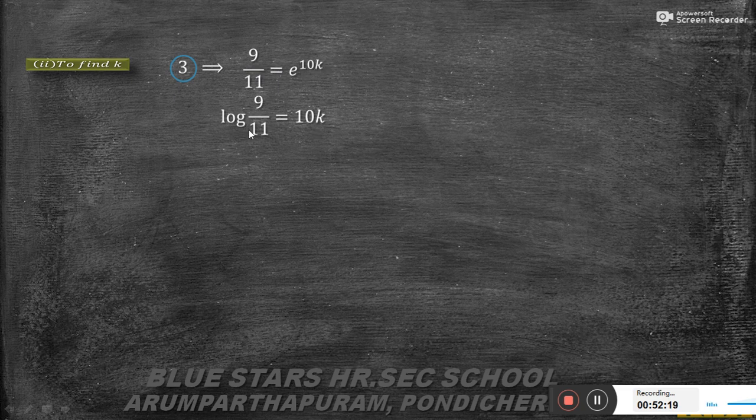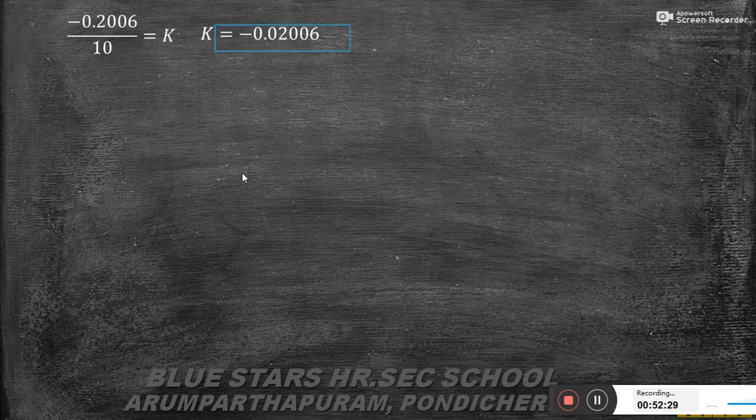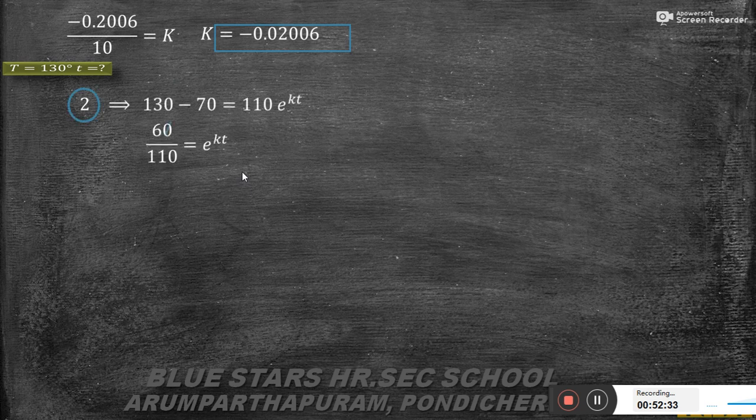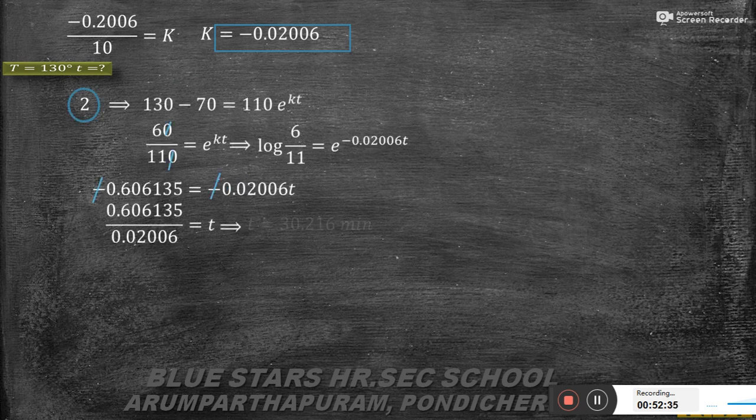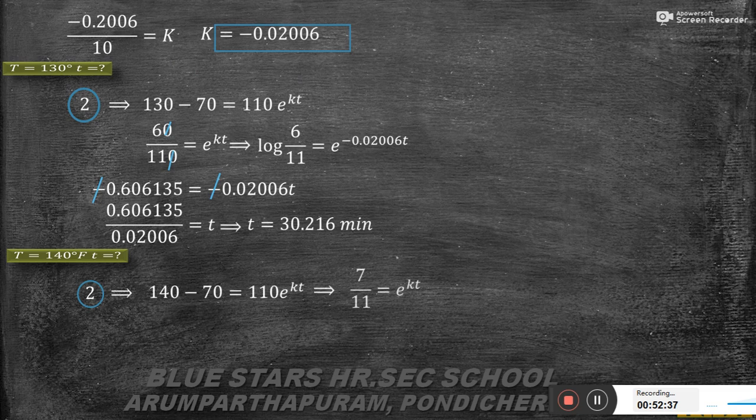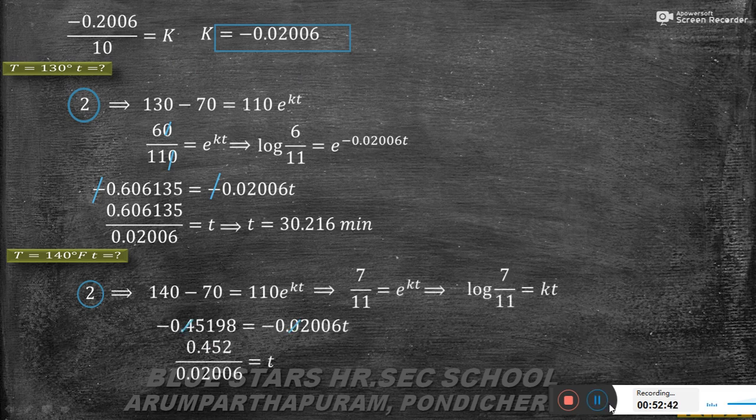So log of 9 by 11 equal to, log of e is cancelled, 10k. So you see here, the k value is minus